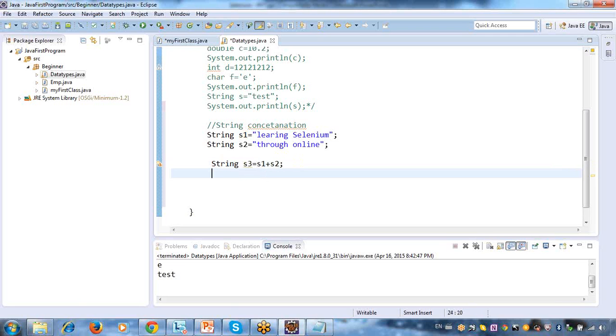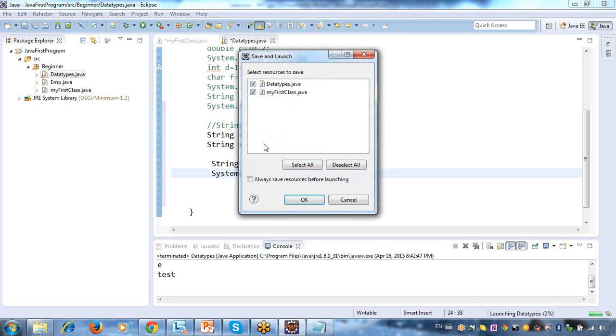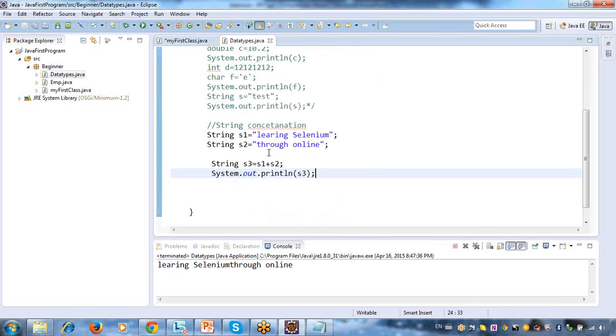Now let me print this value. Let me see whether it is coming correctly or not. When you click on run, it will print learning Selenium through online.